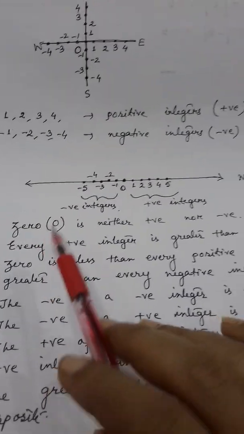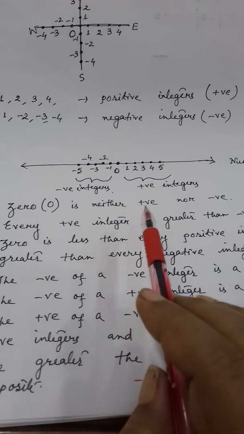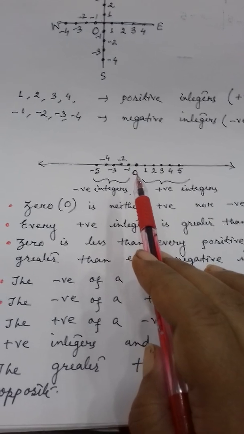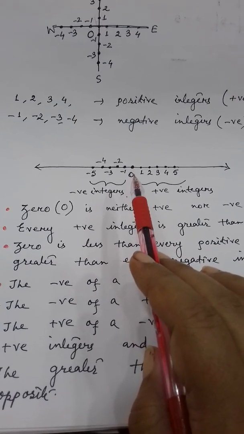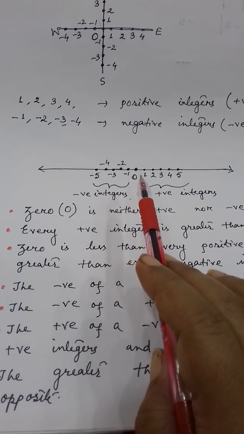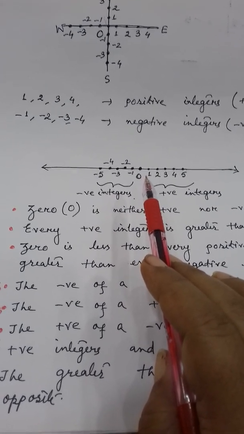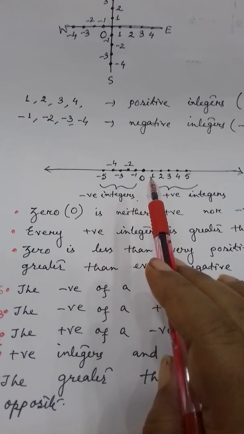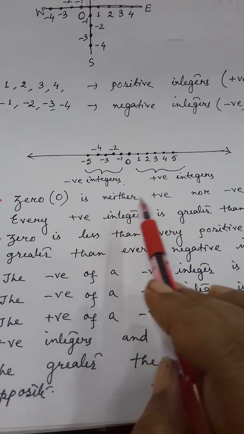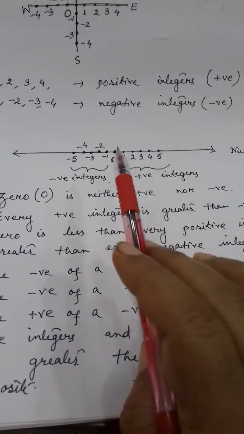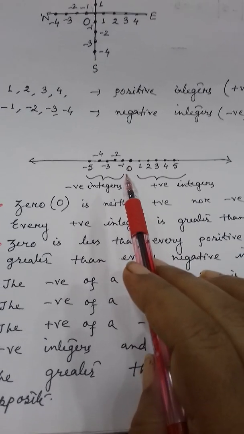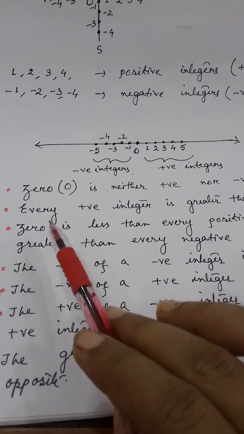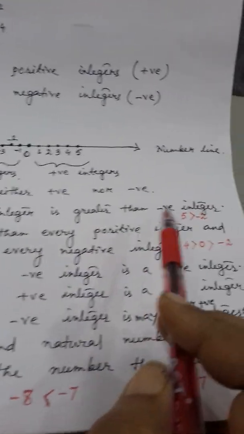Now here some points I have written. You see, one by one I am explaining. 0 is neither positive nor negative. Though we consider 0 as the starting point, as I told you, 0 is a whole number, but by itself it is meaningless. Clear? You cannot start writing any numerical figure with 0. It doesn't have any value. Clear? Same way, 0 is neither positive nor negative. It is an integer, but you cannot consider it as a positive or negative integer. Got it?